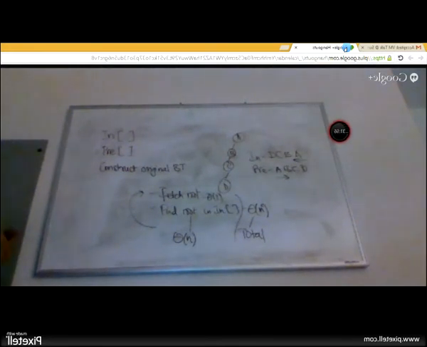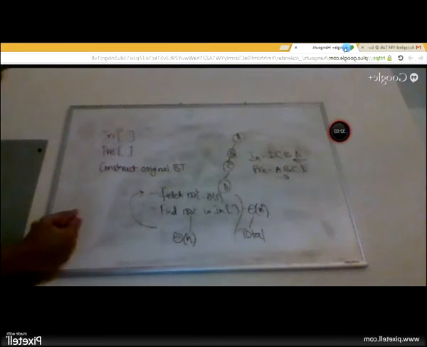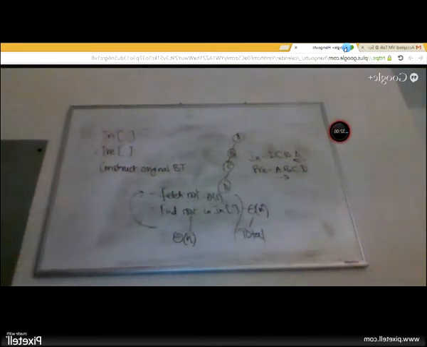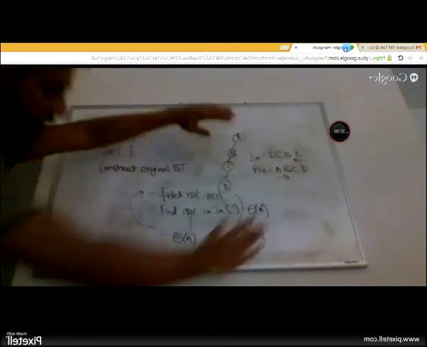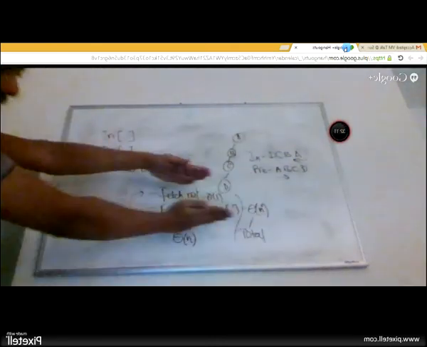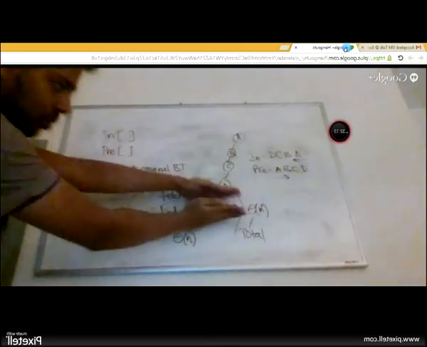For the general case, or for the left skewed type? General case, binary search tree. You're given a binary search tree on an average case. We're not talking about skewed versions of a binary search tree. We're not even talking about binary search trees now. We have limited ourselves to a very simple problem.